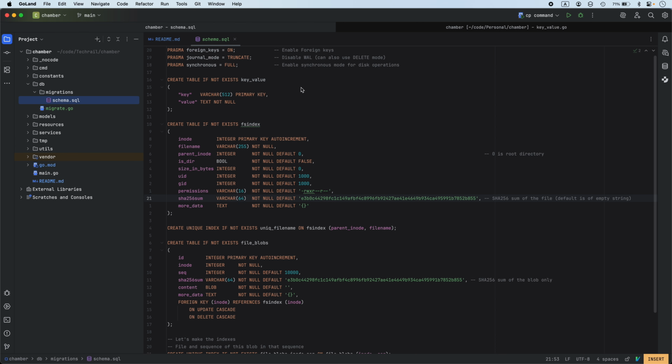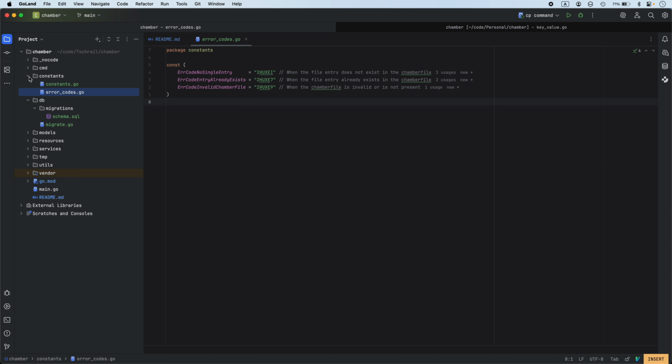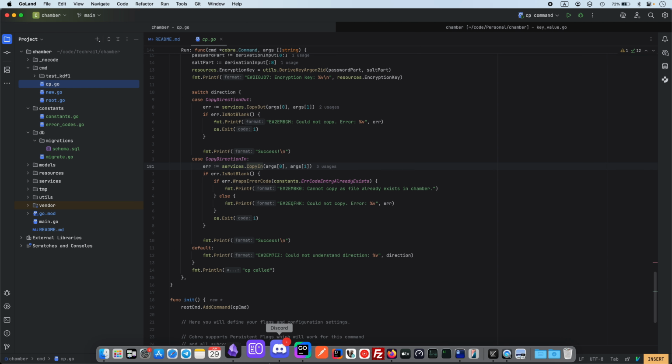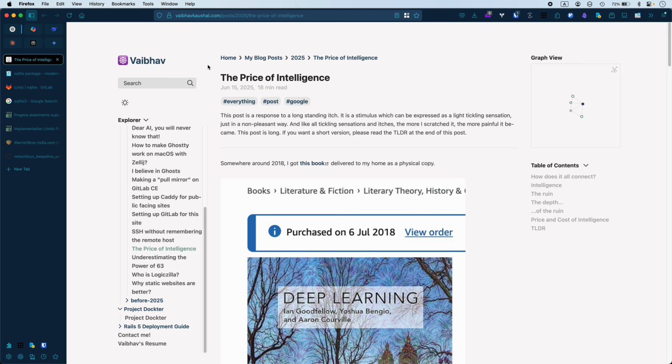So basically I have created the schema for chamber, which I believe would be good. I have created some constants, some error codes that are useful, and I had created the new command. I have created a cp command. So if I go back to